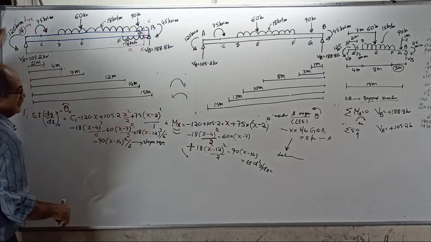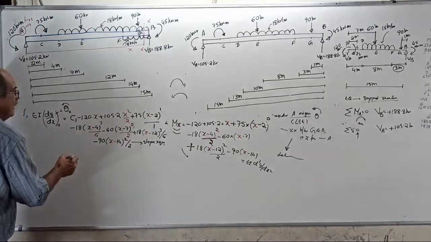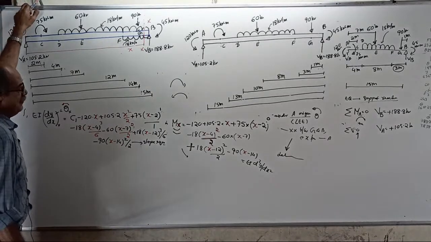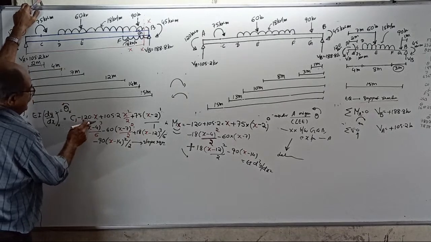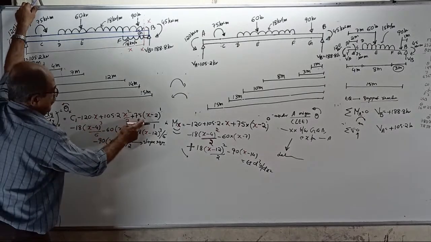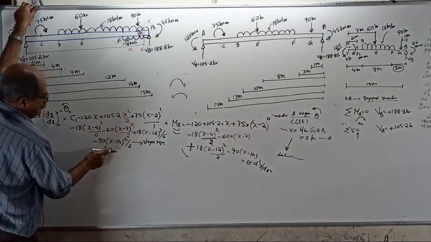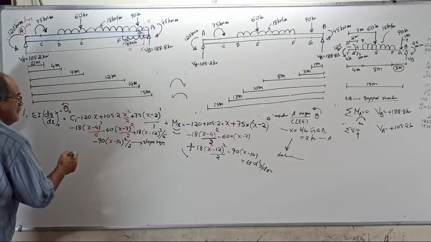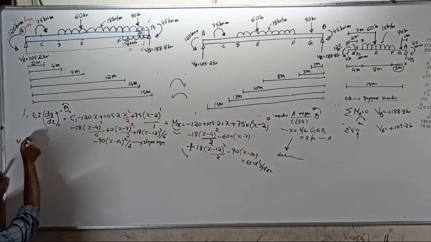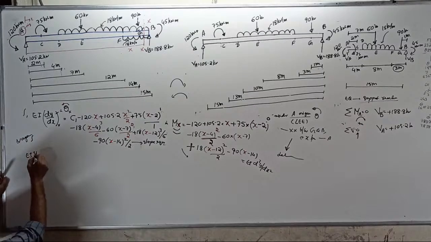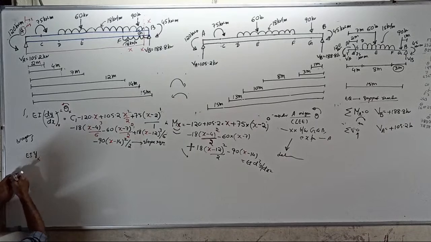Slope equation. Now I will sit down and write. Minus 120 x square, 105.2 to the power, 120 into x, 105 square by 2, power cube by 6. Okay, I will come down now. You can't see me. And again integrating, you get EI y at any point x, sign convention upward positive,